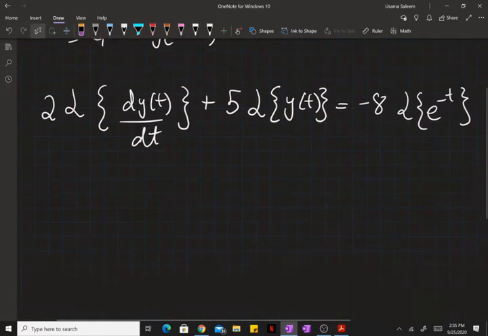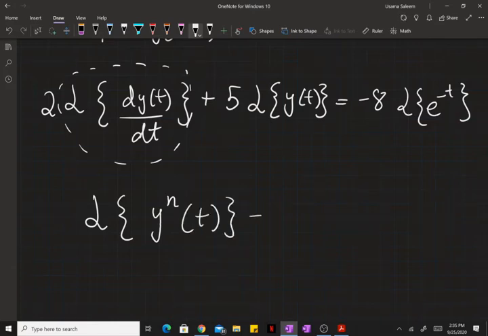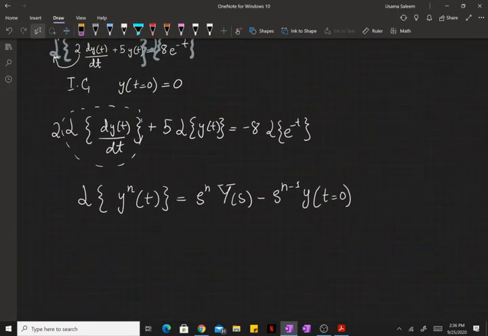Okay, so I'm going to further expand the Laplace transform of derivatives. So the Laplace transform of an nth order derivative can be written as s raised to power n times Y(s), minus s raised to power n minus 1 times y at t equals 0, minus s to the n minus 2 times the first derivative, also evaluated at t equals 0, and this goes on